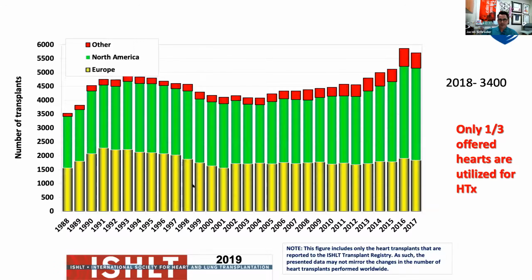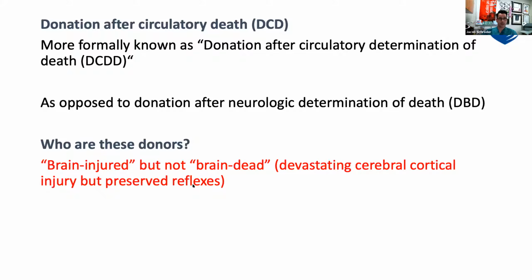Heart transplantation, like a lot of transplantation, has always been said to be a supply issue. The number of heart transplants remained relatively stable for decades, at about 2,500. Over the last couple of years in this country, it's gone up mainly because of the opiate epidemic, but only a third of the hearts offered are utilized for heart transplant. And prior to December of 2019, none of the hearts of DCD donors were utilized.